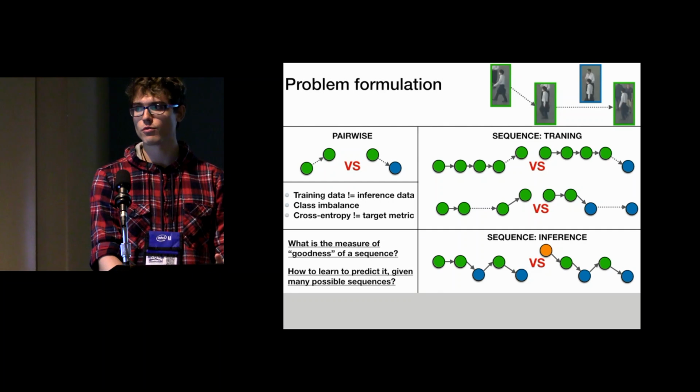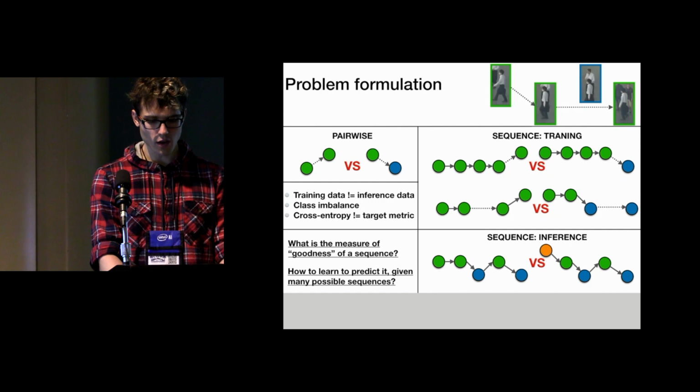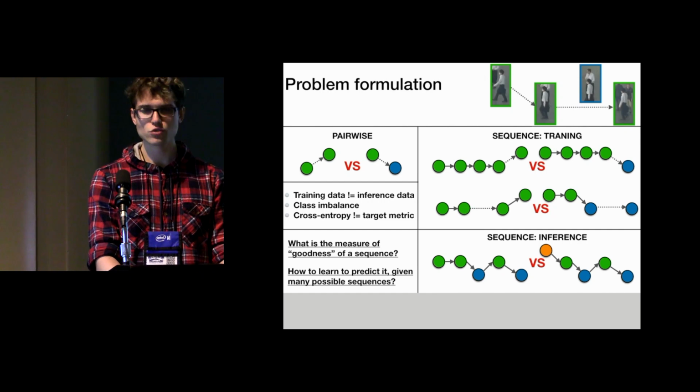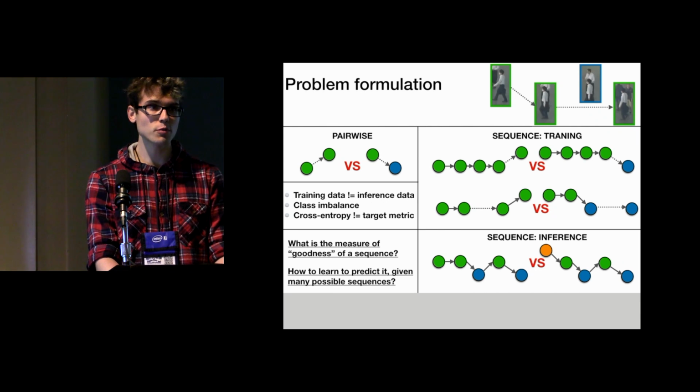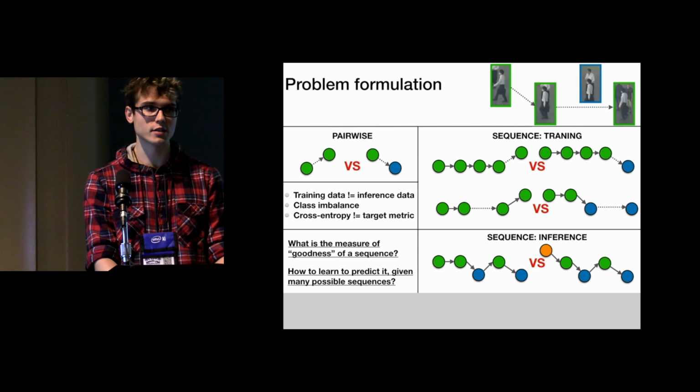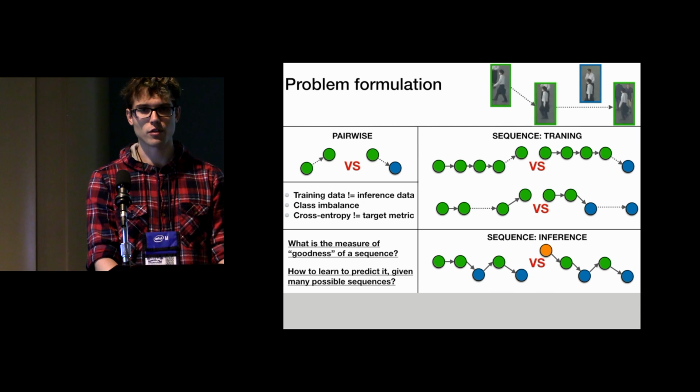So let me break down the problem. Traditionally, in multiple object tracking, one of the most frequently used primitives is a pairwise potential, which tells us whether two detections belong to the same person or not. It could be posed as a classification or as a distance learning task, and it is typically trained on pairs or triplets of detections. It is a very natural thing.